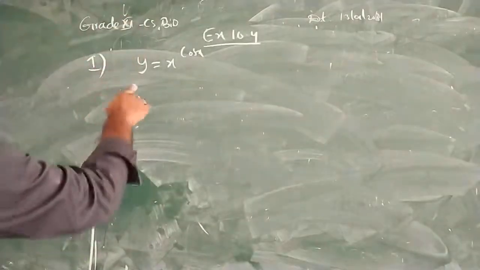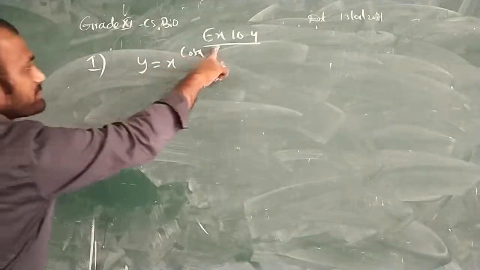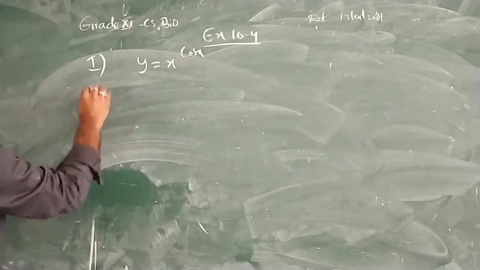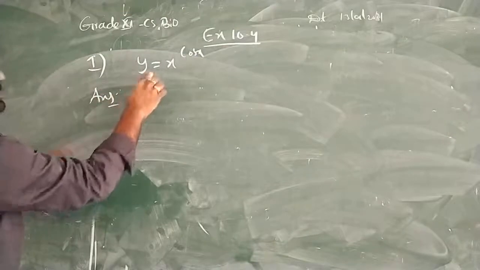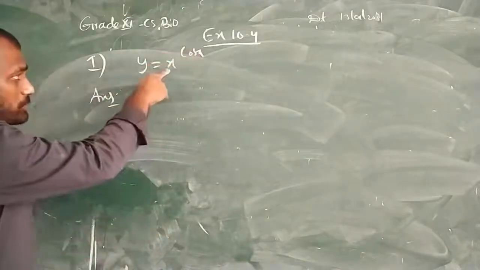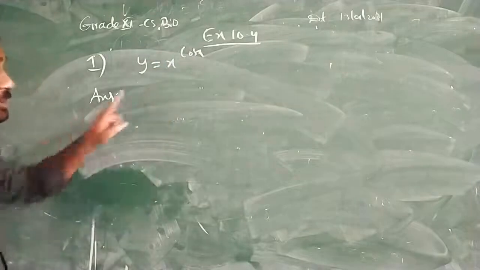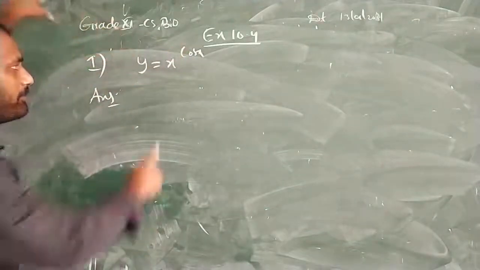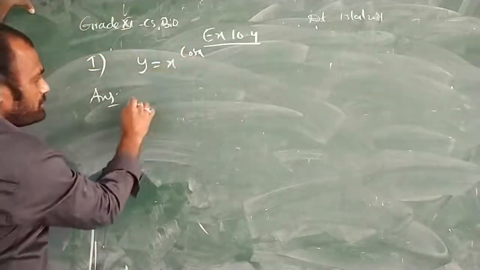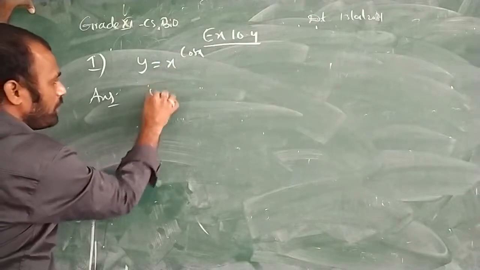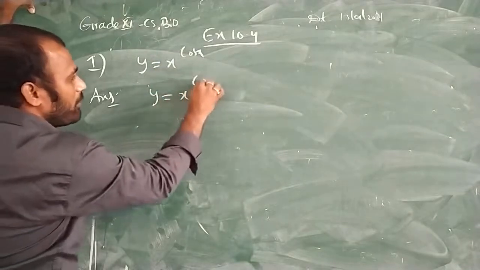Okay students, now we will see exercise 10.1, first question. y is equal to x to the power of cos x. Since there is a power and an exponent, I said that we need to use logarithmic differentiation here. So in order to use logarithmic differentiation for the given function y is equal to x to the power of cos x,